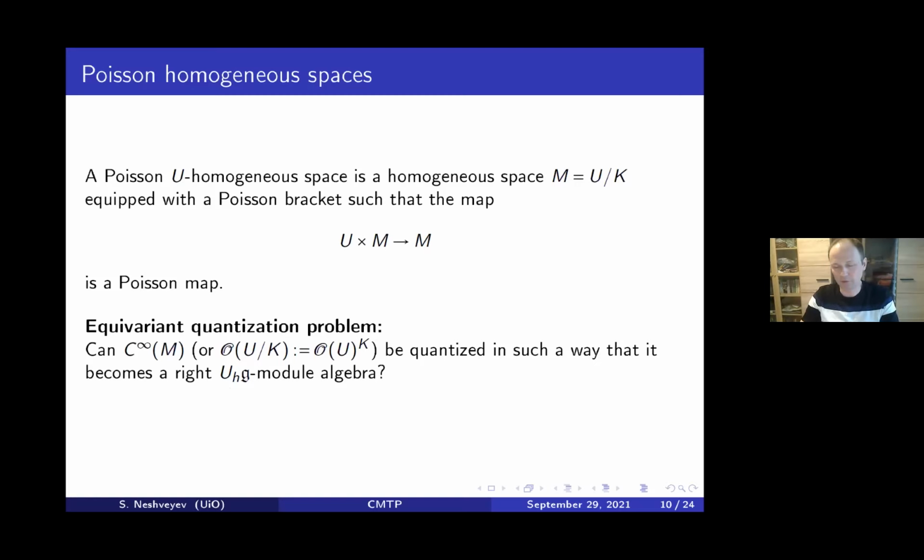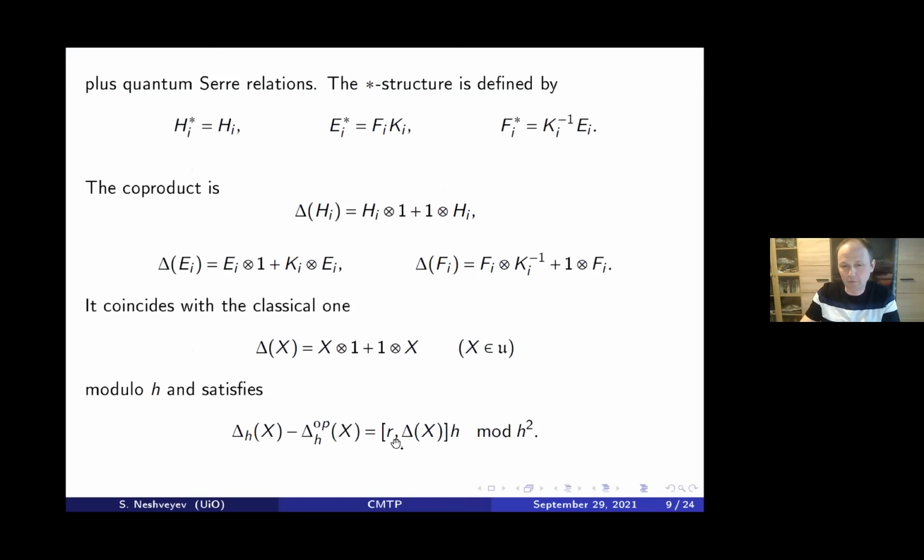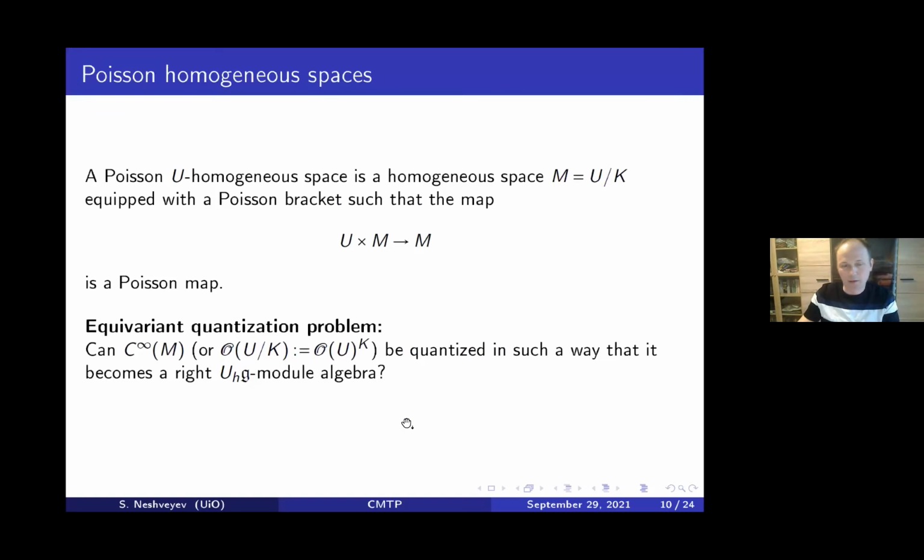The simplest case, which was clear from the start already in the 80s, is when this stabilizer group K is a Poisson-Lie subgroup, which means that if you take this co-bracket and restrict it to the Lie subalgebra, it still preserves the Lie subalgebra, that is, it maps the Lie algebra of K into the Lie algebra of K tensor the Lie algebra of K. And in this case, you really get a quantization of the subgroup, so you have a quantum subgroup, and you can consider the homogeneous space defined in the obvious way.